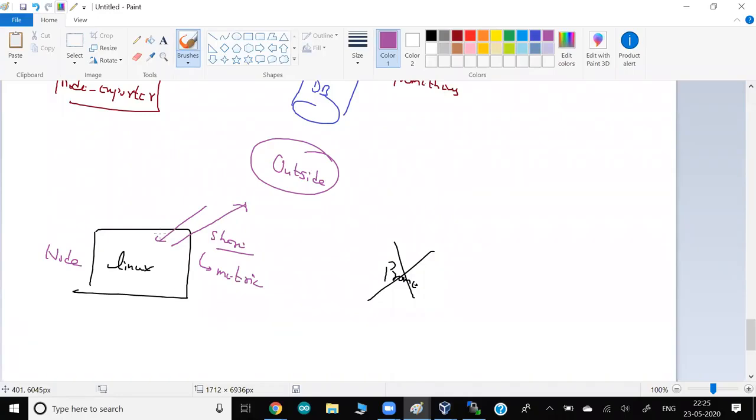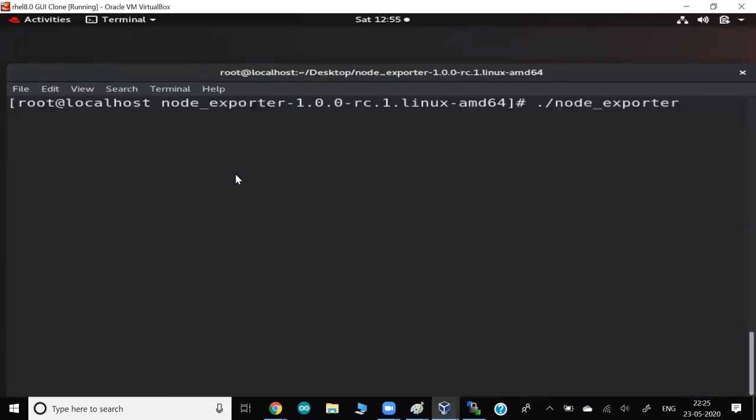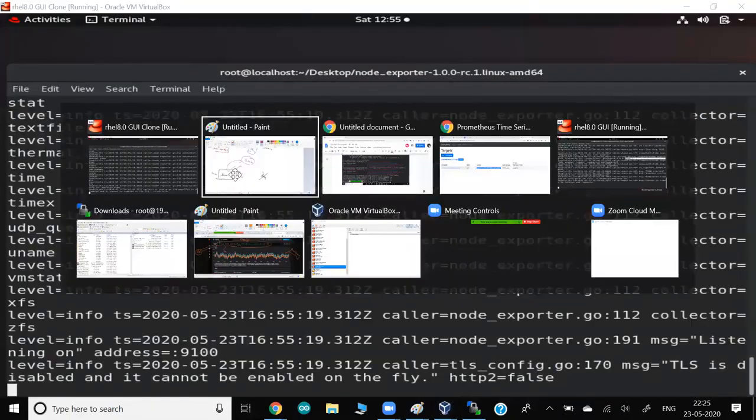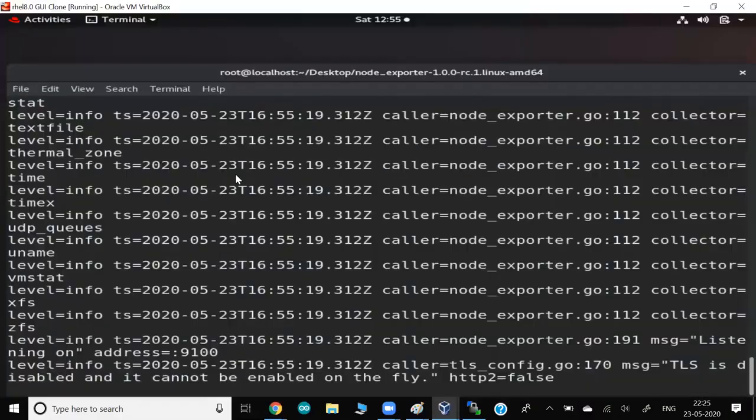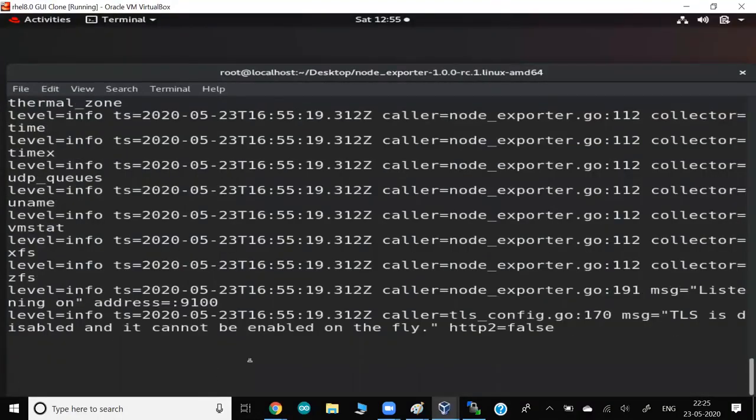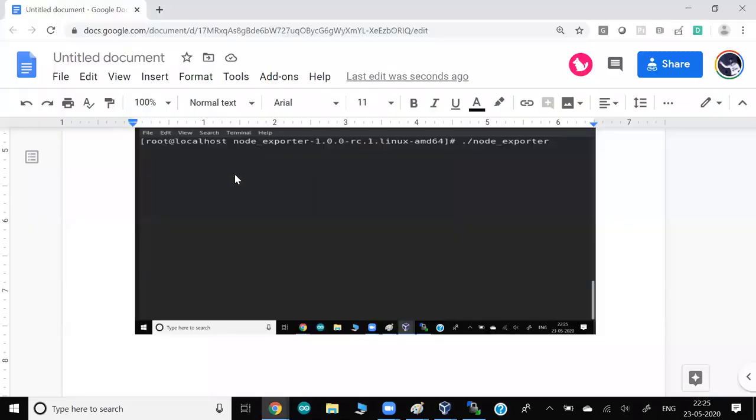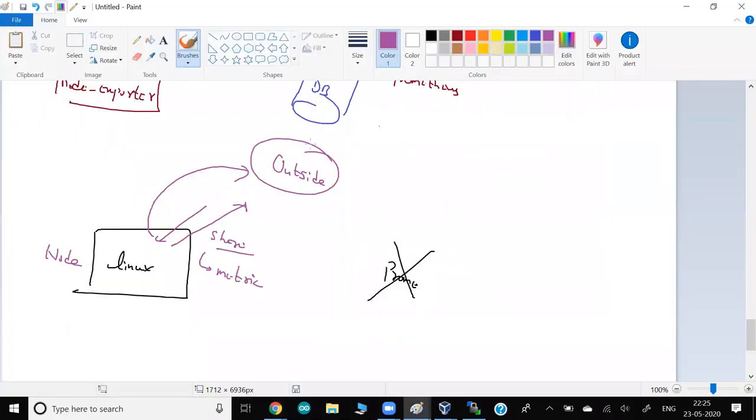So if you want to do this, this is the program for it. When you run this program, let me run this for you. As soon as you run this program, they start exporting. Let's say I started, it has started exporting. It means anybody from the outside world who has connectivity can come to this system and see all the metrics they're exporting.